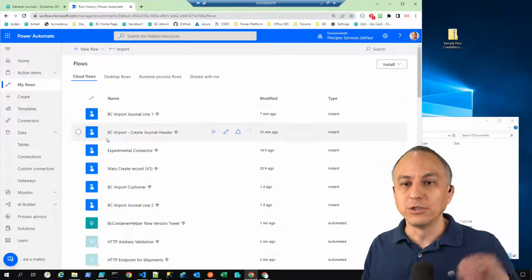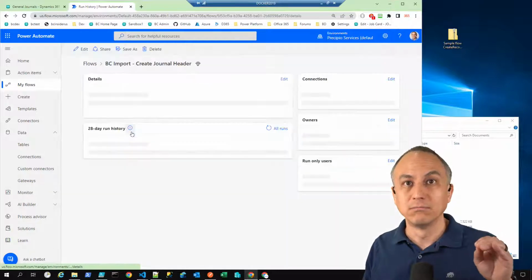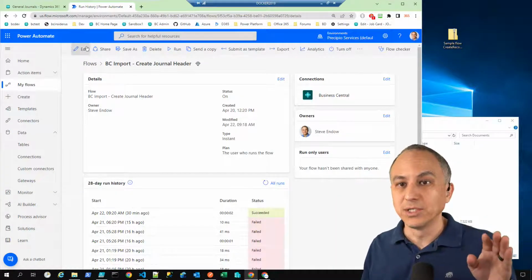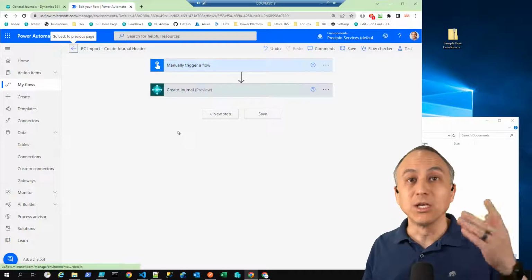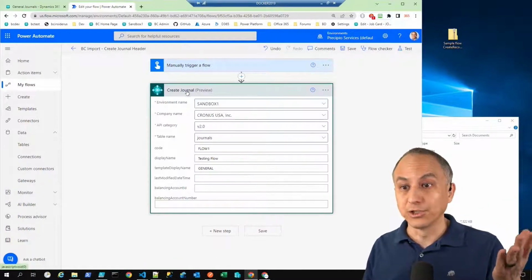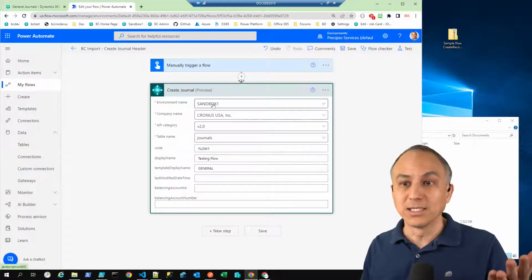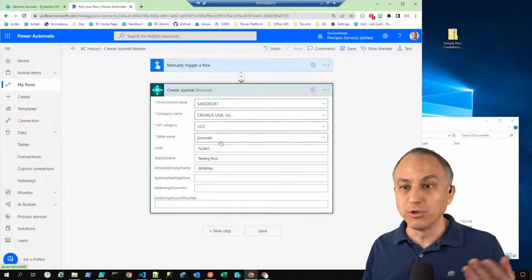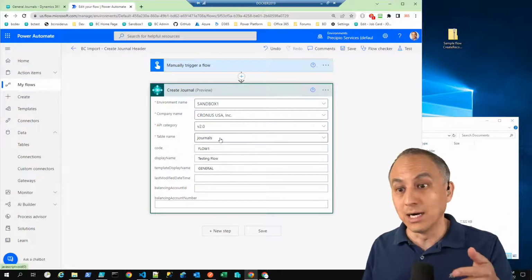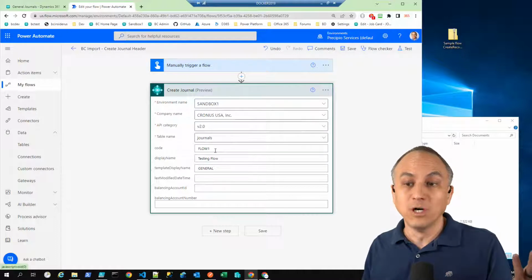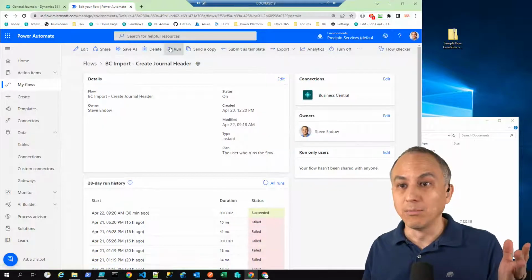and I have a flow just to create the journal header, right? So it doesn't attempt to do the lines. It just creates a new general journal batch. And so exactly the same. Sandbox 1 Cronus v2.0 journals, not journal lines. And I'm calling it flow 1 testing flow, right? Super simple. I'm going to click on run